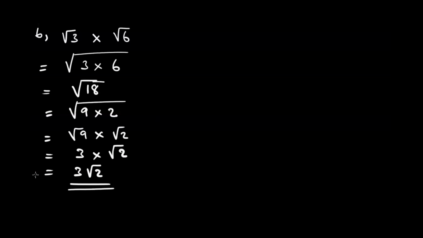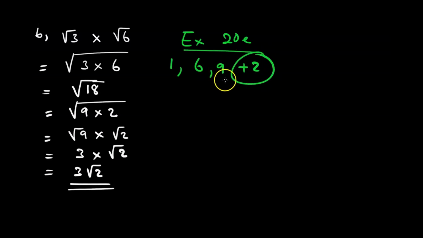That is it. From there, I want to show you the exercise. So it's now exercise 20E. Without meter number 1, without meter number 6, I want you to do number 9. Then I want you to choose 2 of your own. But for the 2 you choose, alright, just choose any 2. So I think that will be sufficient.